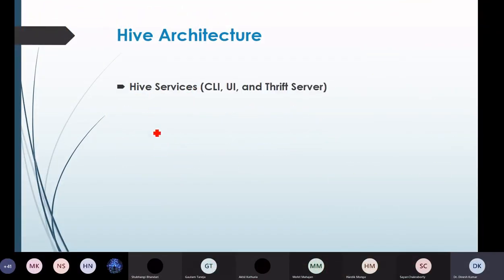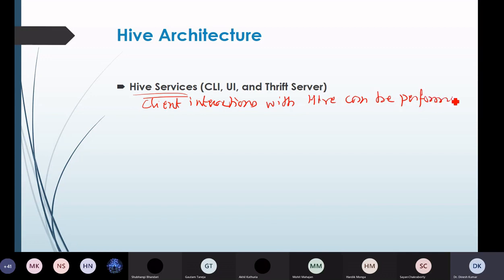So now the second component of this architecture is Hive services. Client interaction with the Hive can be performed through the Hive services. Client interactions with Hive can be performed using Hive services.